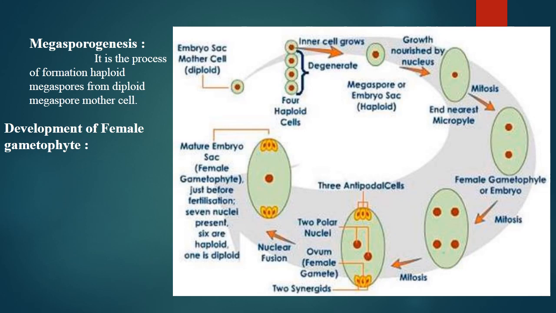This is the 3 antipodal cells. These are 2 synergids and these are 2 polar nuclei. And this is the mature embryo sac, the female gametophyte. There are 6 haploid, 1 is the diploid. These 3 and 3, these are the haploid and